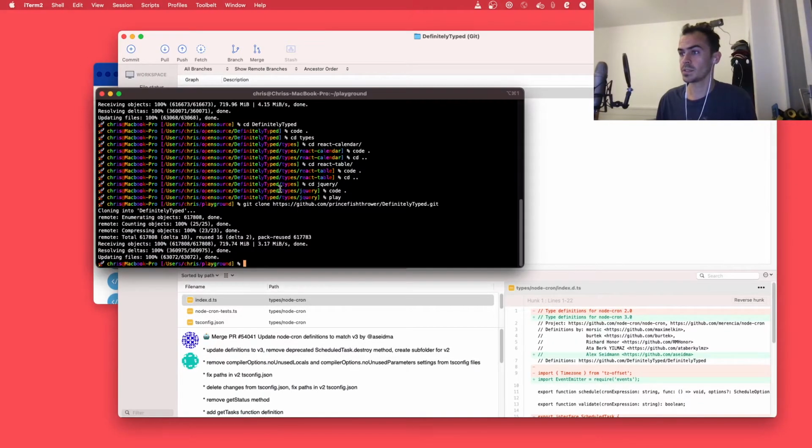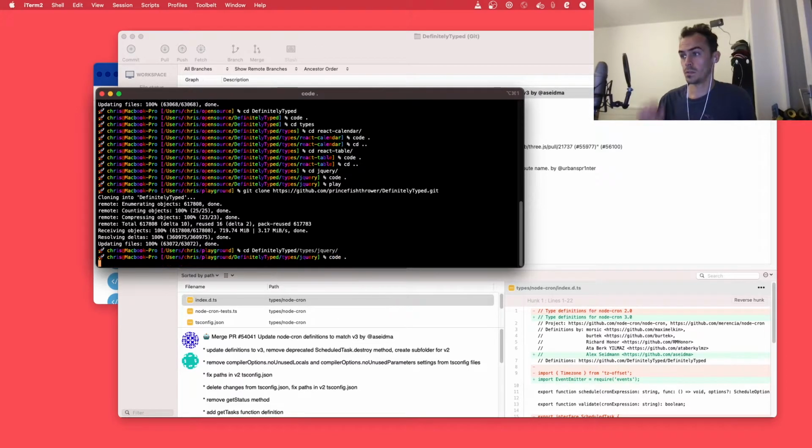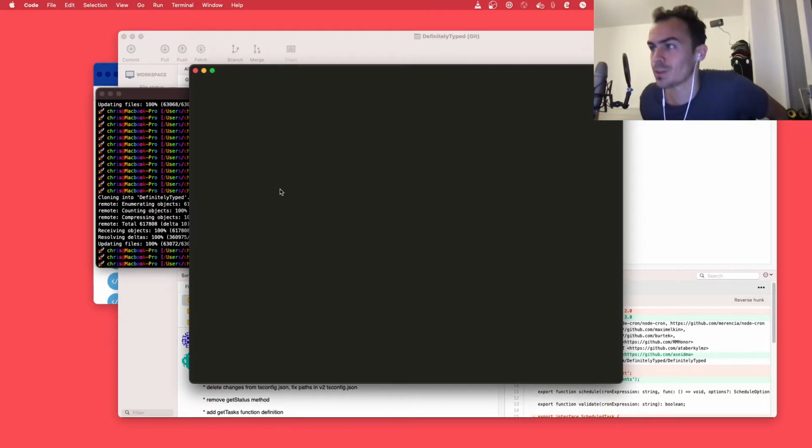Hop in here. Types, jQuery. Yeah, I'm gonna be a bit sneaky here and just push that one little change because there's multiple errors.